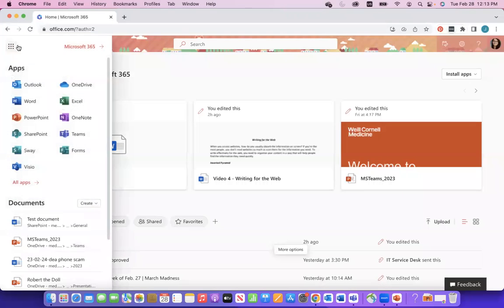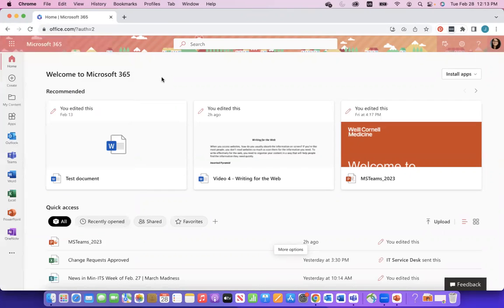Correct me if I'm wrong, Raphael. Yeah, it is. You can click that, and it'll take you to any application that's available in your Office 365 account. So you'll see Outlook, OneDrive, Word, and Teams is right here. And as soon as you click it, that's going to enable the web version on your screen.